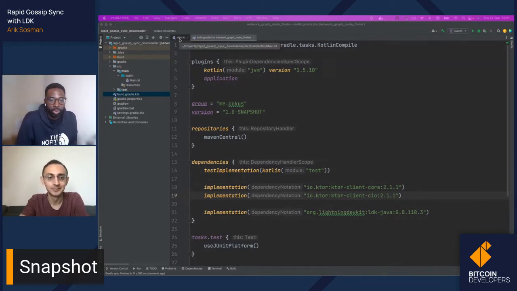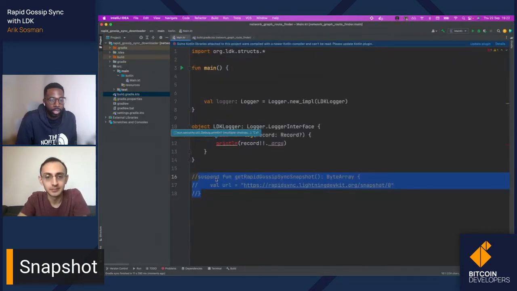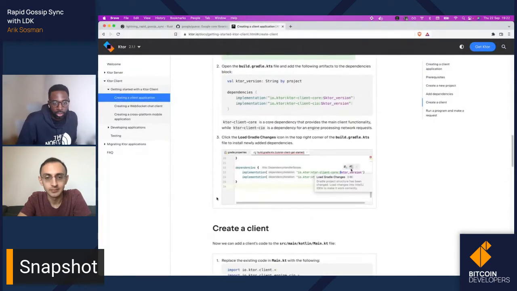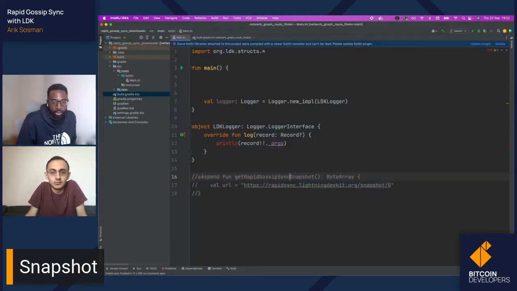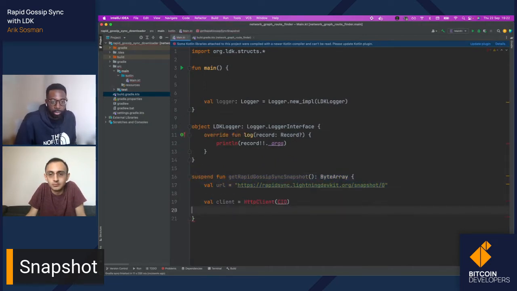All right, cool. So Couture's built in now. If I go back to the docs, it looks like it's as simple as instantiating a basic HTTP client like this. I'll copy that and put it under here. So we have our client.